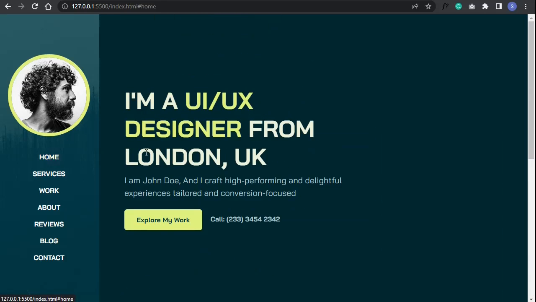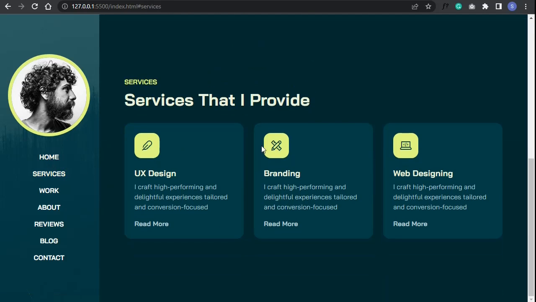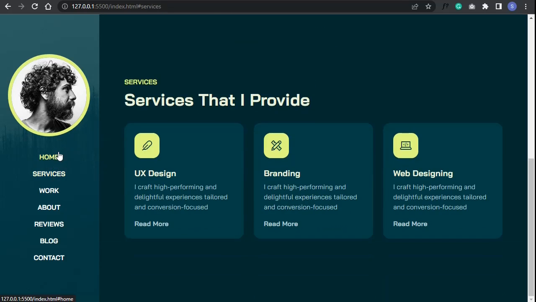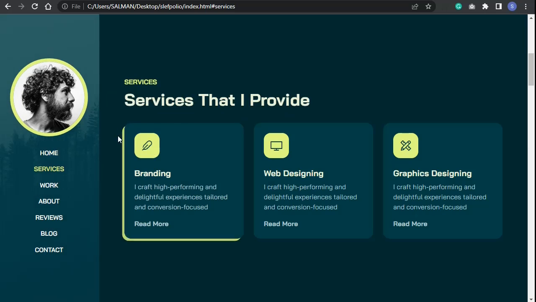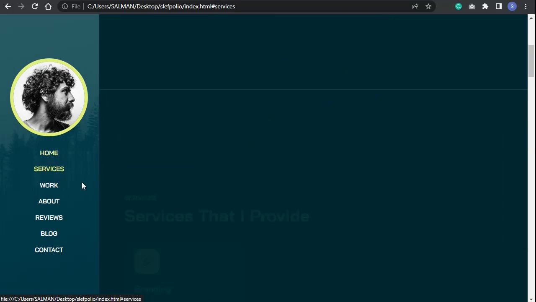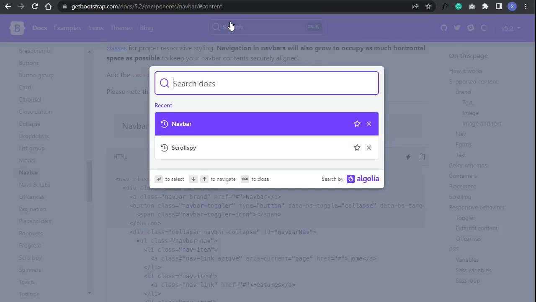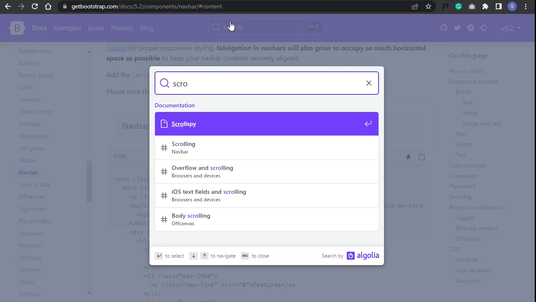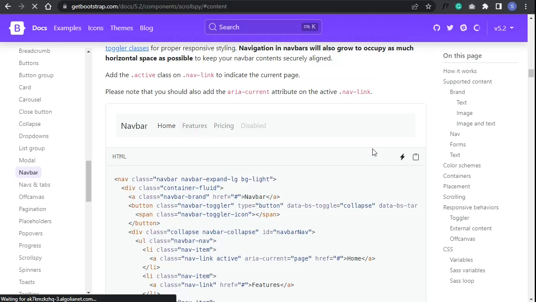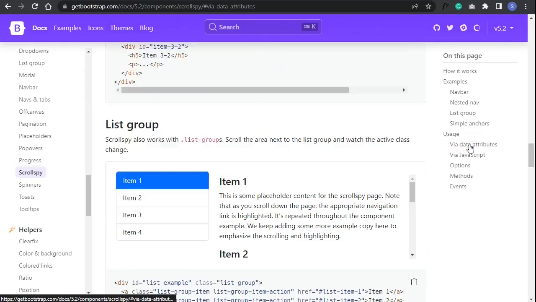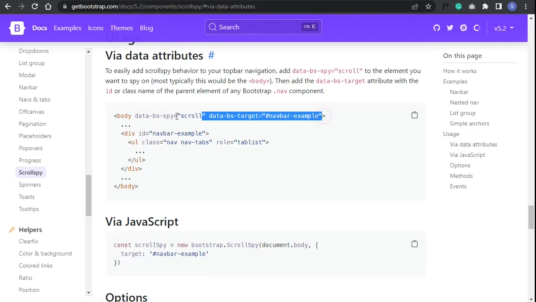Okay, so as you can see, if I click on the services, it goes to the services section, but these links are not active accordingly. So like we have in this finished project. So for that, I'm gonna search for Scrollspy. Okay, then click on the via data attribute. Okay, copy this,